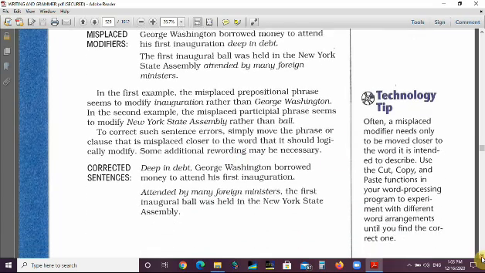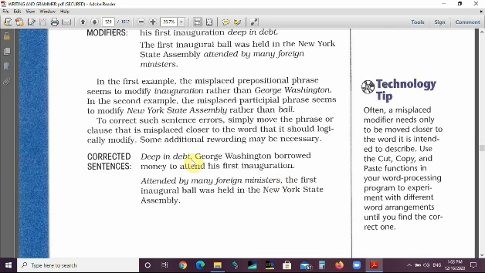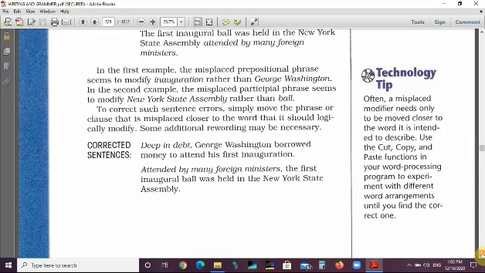Corrected sentences. The first example: Deep in debt, George Washington borrowed money to attend his first inauguration. We understand here that this phrase modifies George Washington, and it's put as close as possible to the word it modifies. The other example: Attended by many foreign ministers, the first inaugural ball was held in the New York State Assembly. Here, what was attended by the foreign ministers is the ball, not the state assembly. Okay,